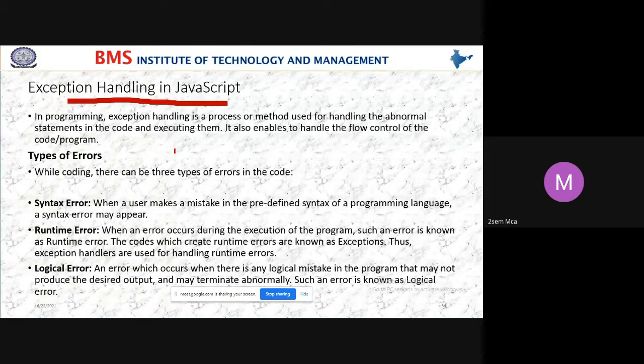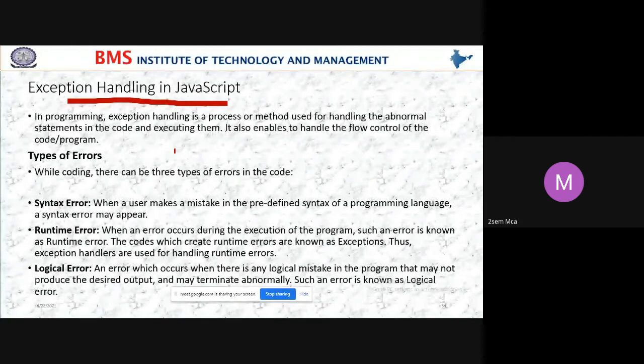Yes, students, what happens generally? The program will execute one by one, in a top-down approach, all the statements one by one. So when these types of errors or abnormal statements occur, what happens?